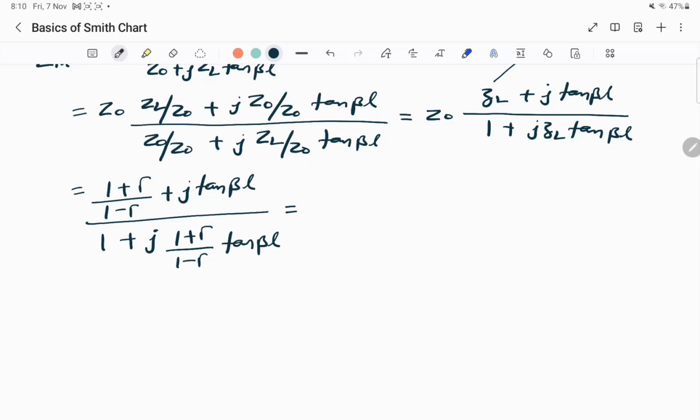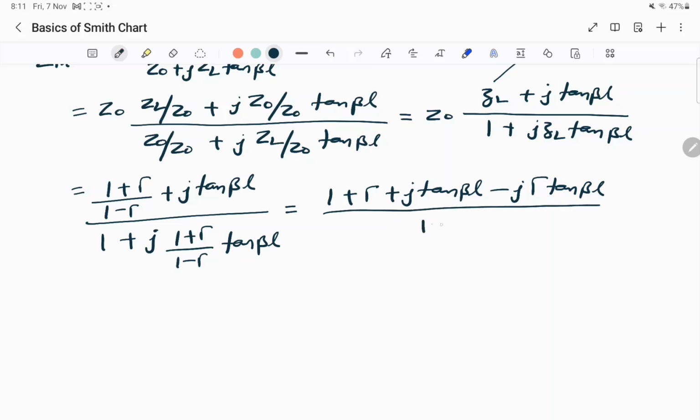Now if you simplify this, you will get (1 plus gamma plus j times tan beta L minus j times gamma tan beta L) whole divided by 1 minus gamma